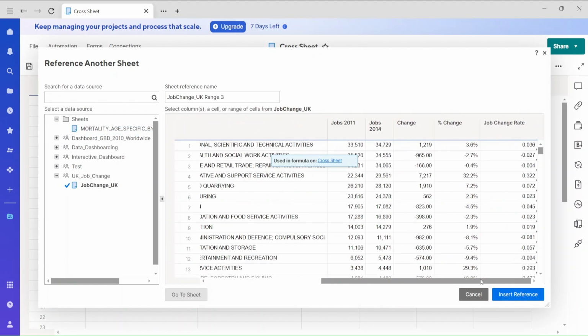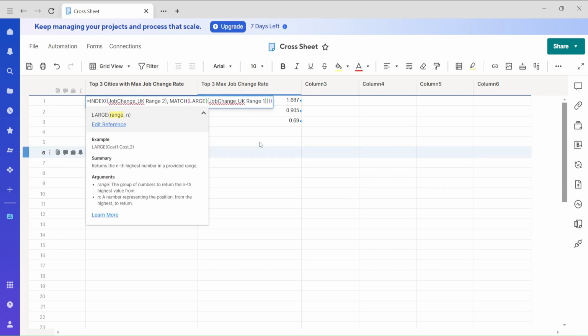Basically our condition is the max value occurring in this job change rate column. So insert the reference. We have that one. After the curly braces, have a comma and 1. If you look into this condition, we are looking for the topmost value, the number 1 value. And what match is going to do in this pink parenthesis is give you the corresponding index number where that is happening, and this index is going to return the value of that index number from another column,